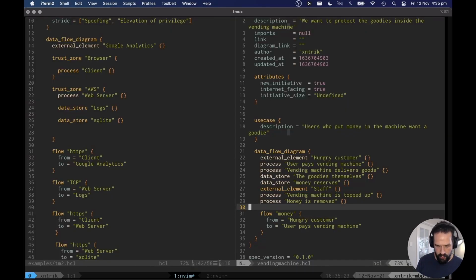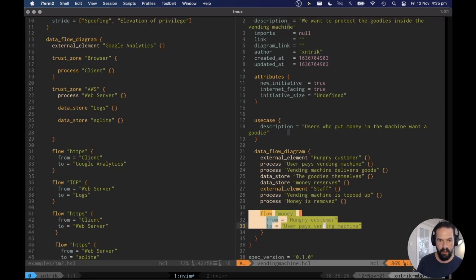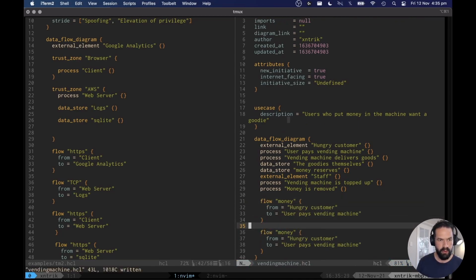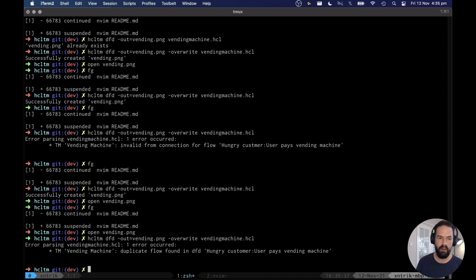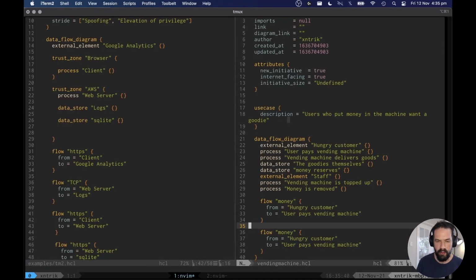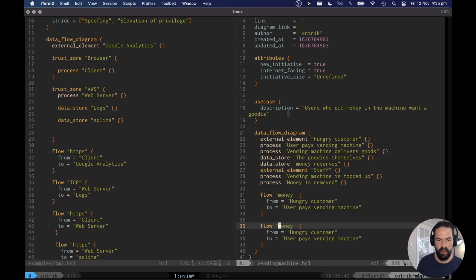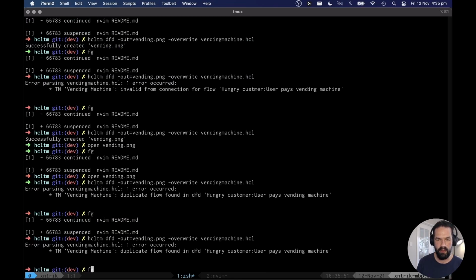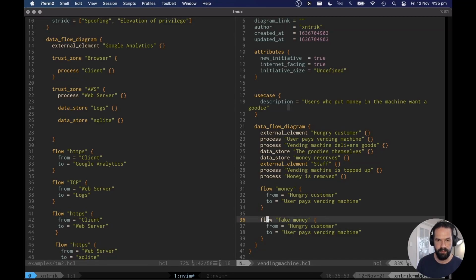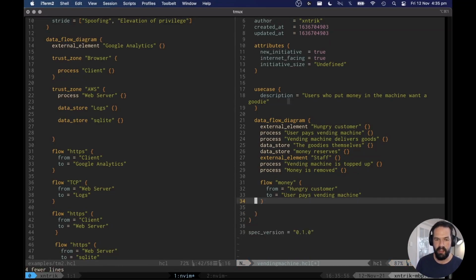Now, if we tried to do the same flow again, I think this will throw a duplicate flow error. I'm trying to think if I change that to fake. I don't know if that's actually going to, no. So obviously it'll try and do two arrows over the top of each other, so that doesn't work. But we can see there's obviously this flow of money, hungry customer, user pays the vending machine,